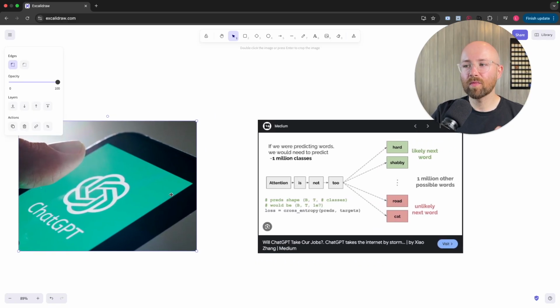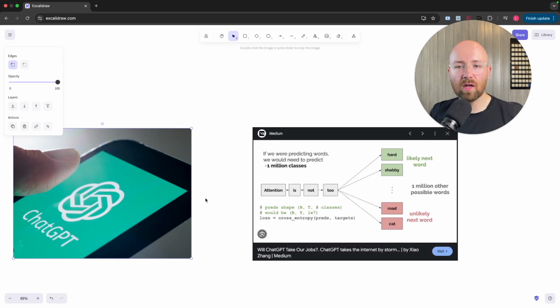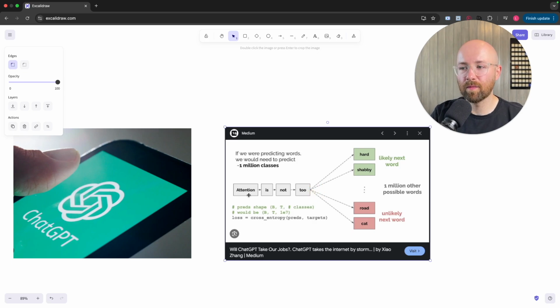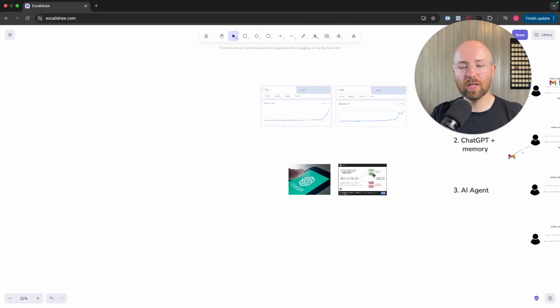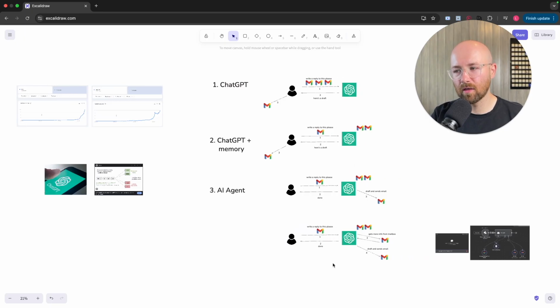So a little bit of background if you don't know about ChatGPT and all of these AI models that you use. Generally, an LLM, so a large language model, what they do is they just guess the next word. That's pretty much it. So for example here, predicting the words, attention is not to, and then there'll be a bunch of words here, like a million possibilities, and they'll all have a probability assigned, and it picks the most probable one. Now you can change something called the temperature, and if you change the temperature, then you can actually make it choose a less probable word, which makes it more creative. But essentially, they use language to guess the next word, and that's a fundamental understanding of what we're going to